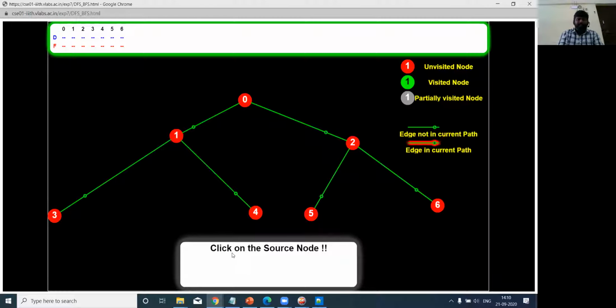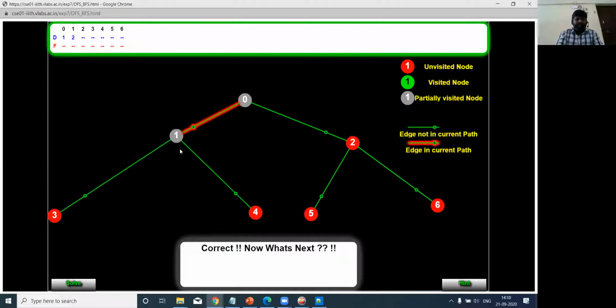Now what I'm going to do is identify a source node. I consider 0 as my source node, right? So first I need to visit the first child, that is the left child, 0. It shows whether I am moving correctly or not. So it's showing it is correct.